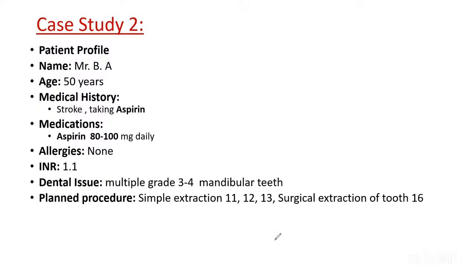So we need to weigh the risk of discontinuing the systemic medication versus the risk of bleeding. For this patient, the INR is 1.1, so almost normal. You might proceed with the tooth extraction. You might start with a segmental extraction, extract 1 or 2 teeth, apply a local hemostatic measure and assess, and then in the next visit extract the other teeth. But there is no need to discontinue the patient's medication.